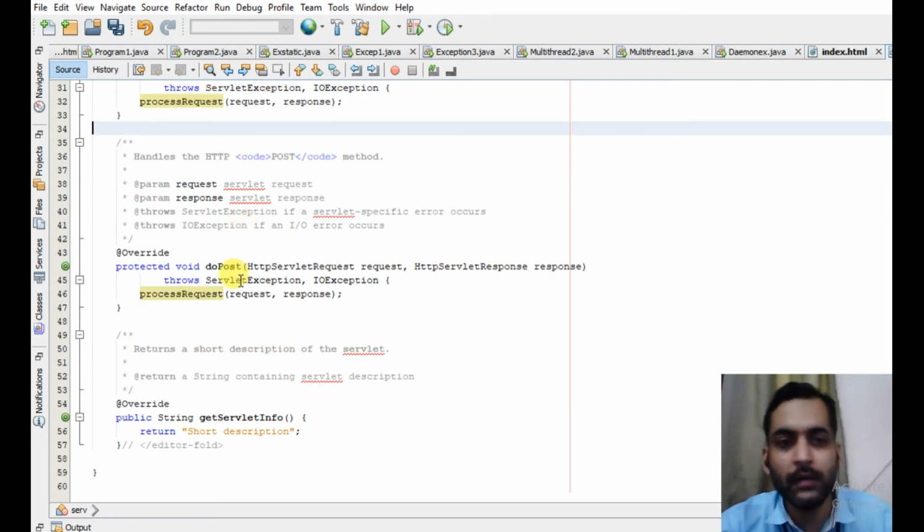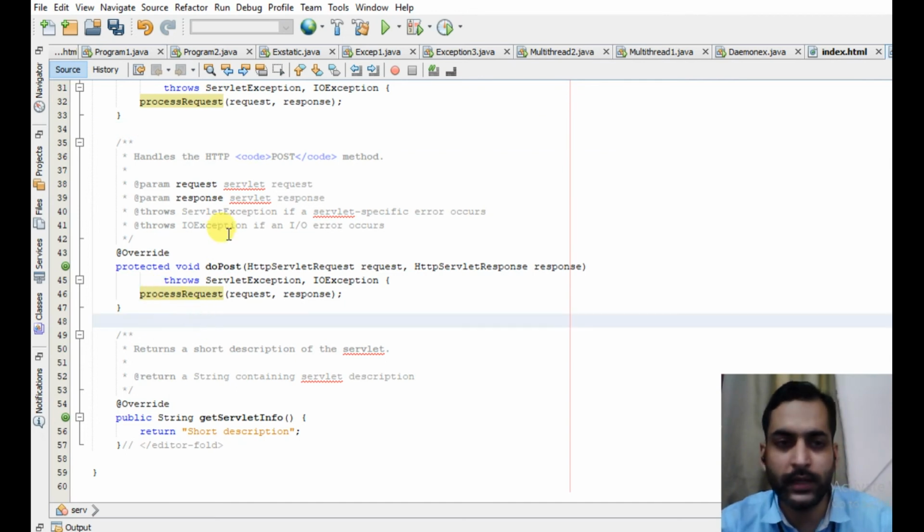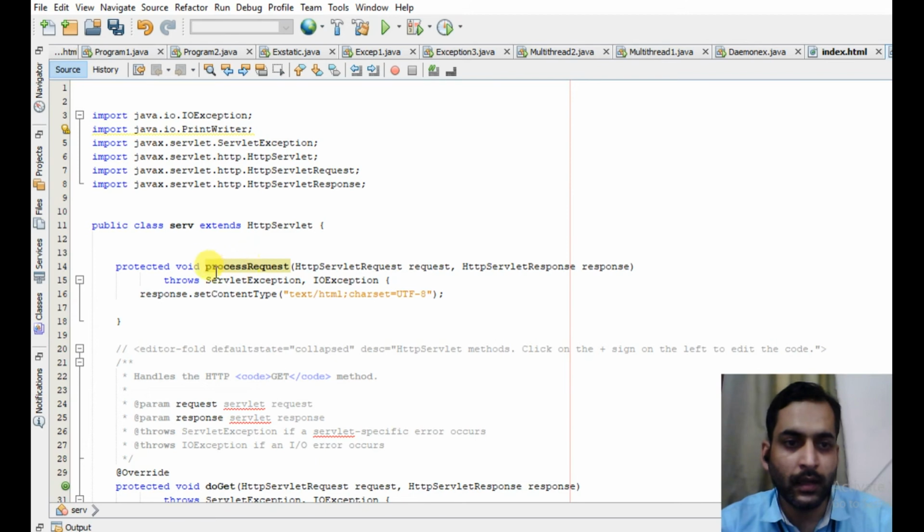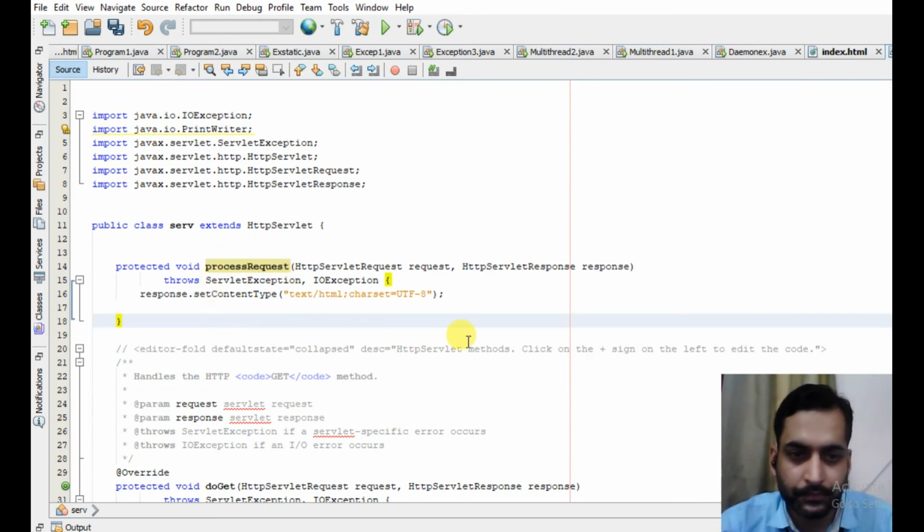So whichever method the programmer has used in the HTML form, you recall I have used the post method, so it will invoke the do post method, and inside do post method it will call the process request method. So indirectly this process request method will be called, right?